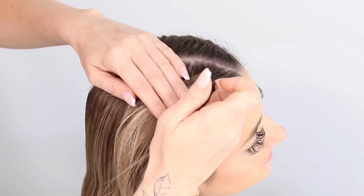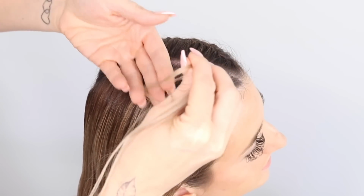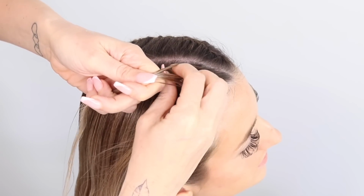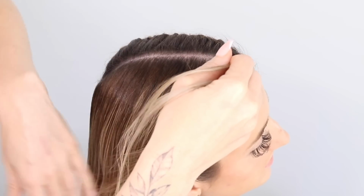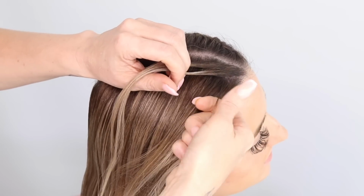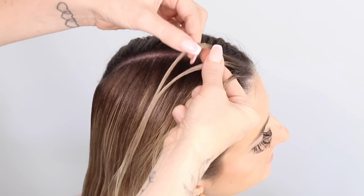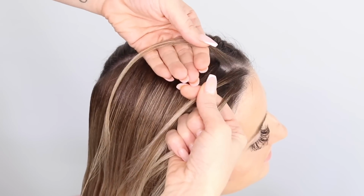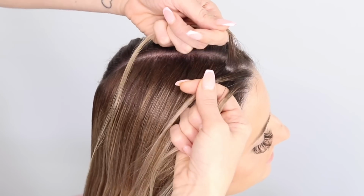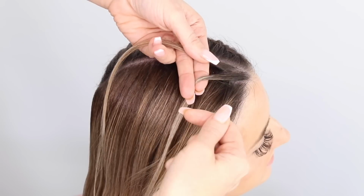We're going to go across, taking a small section of hair, working that product in. I'm just going to hold it with one hand, push one nail through and then the other, and then I've got my 3 sections all sorted. And now I'm just going to position my hands how I need them. So this one is where you're holding the strands with your thumb and fingers pointing this way. So I've got the 2 outside strands like that. This one going through here, and these 3 fingers are half holding it, and this one's being held with my thumb. So we're going to start off by just going across the middle one,